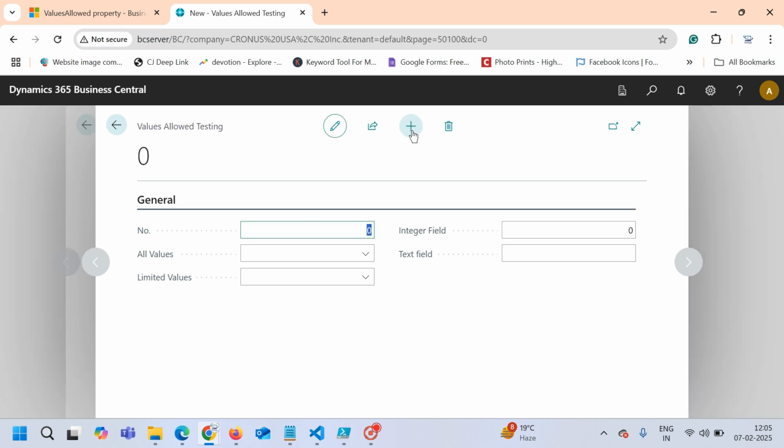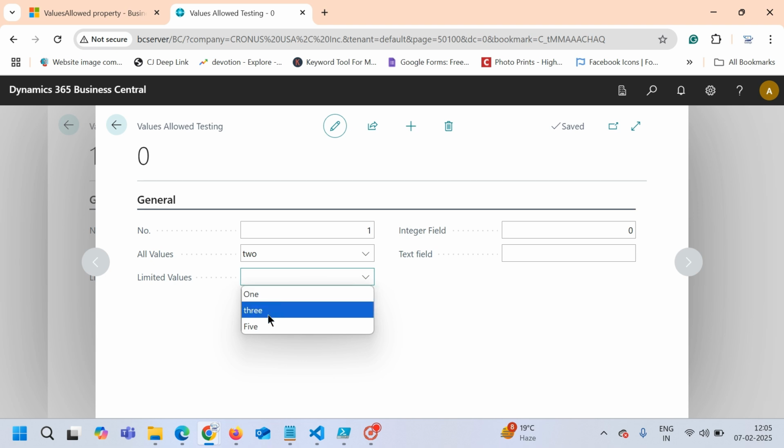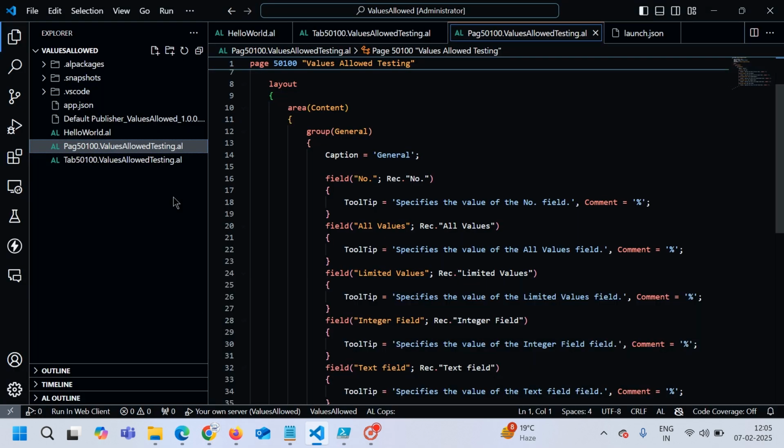Okay, so click on plus, number. You can see all the values because the data type is enum. If I select this, I get to see all 6 values, which is blank, 1, 2, 3, 4, 5. I can select any option out of these 6. Let me select 2. Now in the third field, limited values, if I click on it, although I'm using the enum only, which has the 6 values, my view is limited now. I get to see only 3 options, which is 1, 3 and 5, which lies into the limited value section